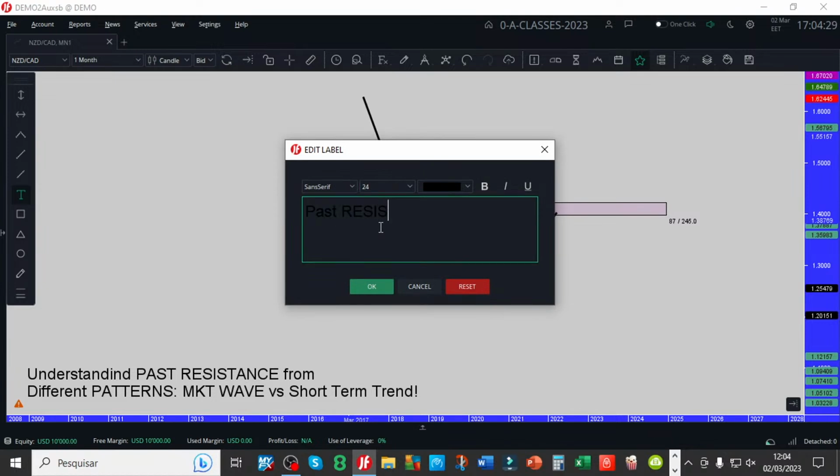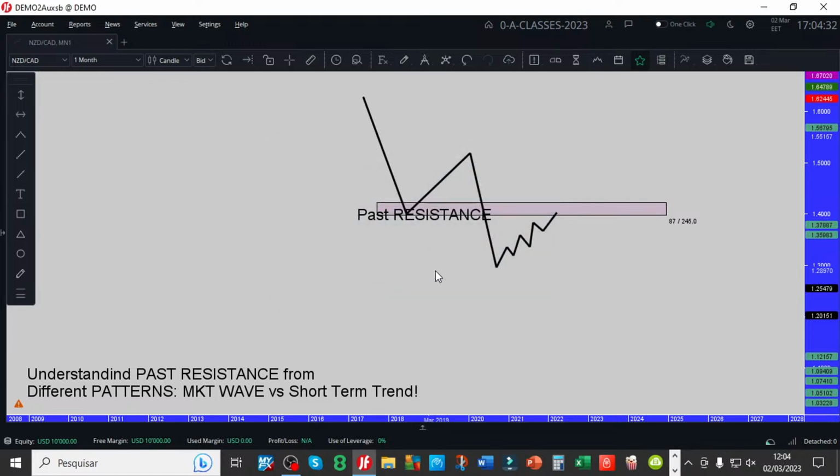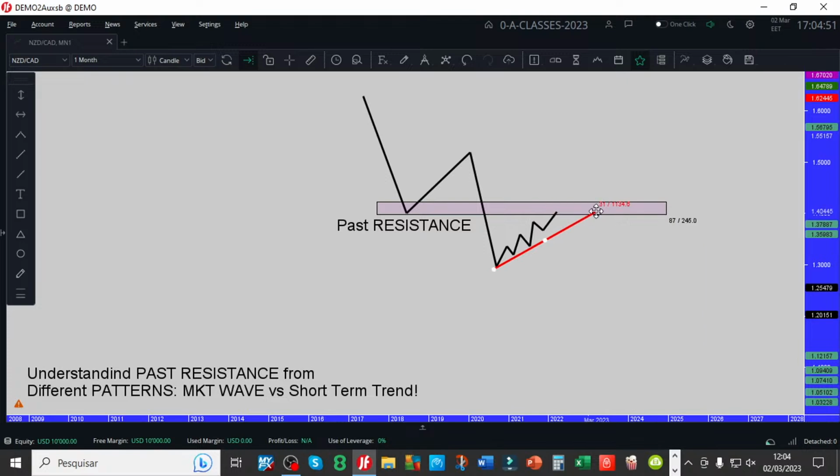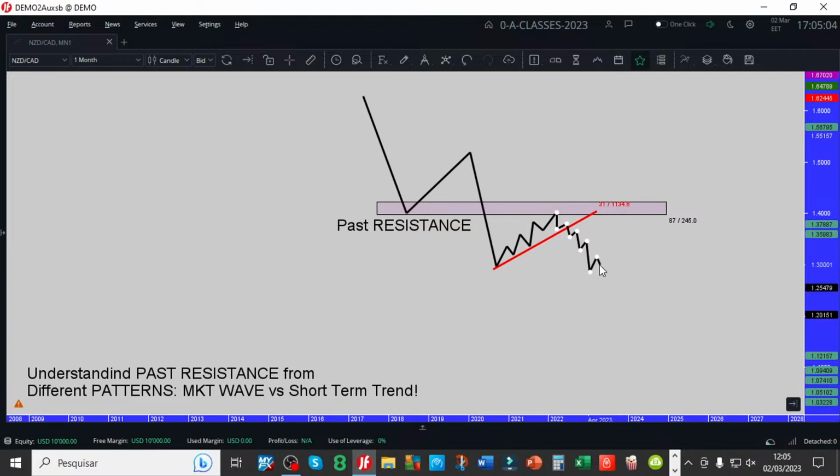Past resistance. Okay. This is the easy one, right? Past resistance in here. Remember, it's not a line, it's an area, right? Past resistance. And then we learned about counter trendline breaks. Let's make it red, something like this, right? We've learned about the no trade zone. So once the market starts to make lower lows, lower highs, and breaks the counter trend line, then we are going to short the market in the next extension.